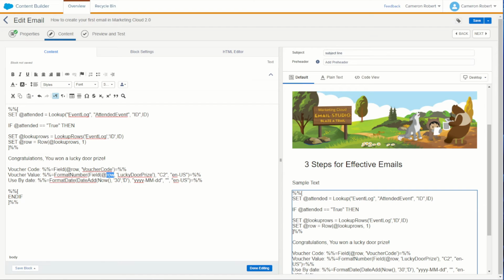So once again, we are going to be using our field function to look up our row, which is just here, which is row 1 from our row set of lookup rows, just here, from our event log data extension, looking up where ID is equal to ID. Once we have that lucky door prize value from the field function here, that's our value. We're then using the format number function here to render it in the currency 2 standard using ENUS. We should now have